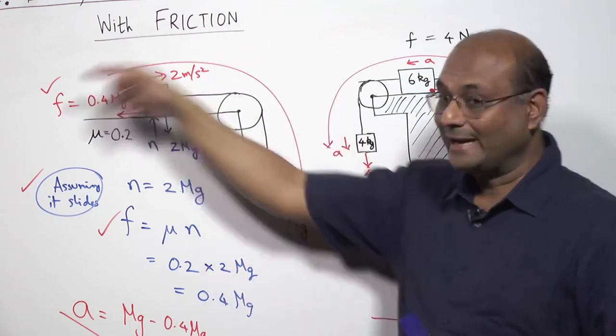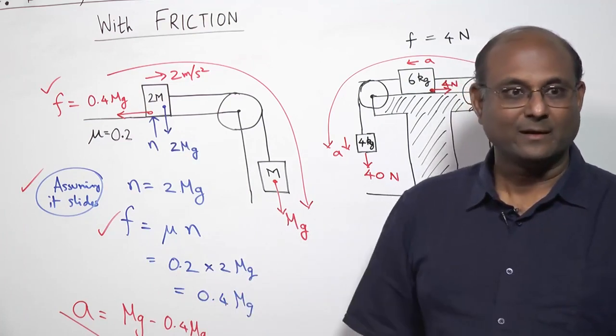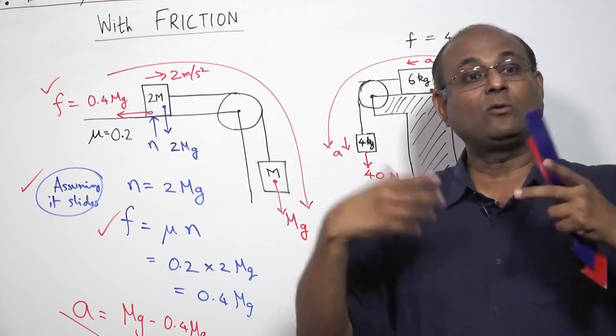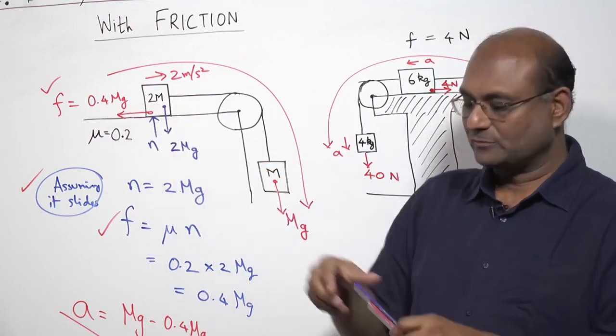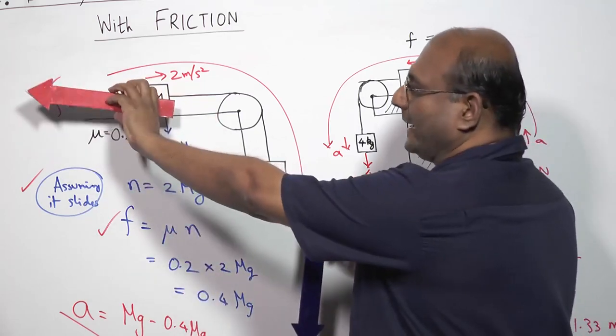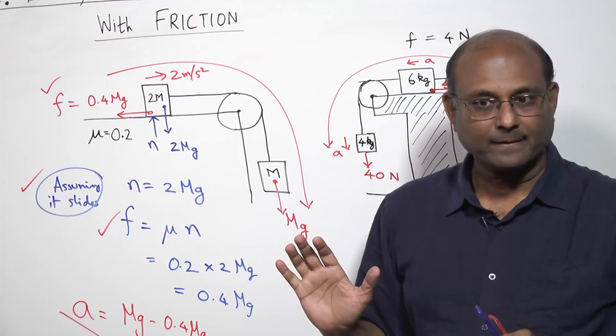Now this is going to go that way. Well, that's not going to happen because friction is trying to stop it from slipping. So this mg, the friction force will be equal to mg. So this friction force will basically stop it. So that means this will get pulled here by mg, it will get pulled there by friction force mg, and so this won't move. Is that clear?